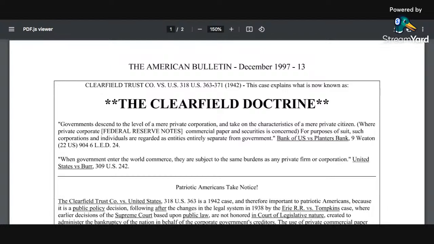Now what says the Clearfield Trust Doctrine? People, listen again. The Clearfield Trust. Remember we talk about Jamaica trust and all kinds of trust. So this is the Clearfield Trust Doctrine. Now, this doctrine stems from the 1943 Supreme Court case, Clearfield Trust Company versus United States, which establishes the federal courts,